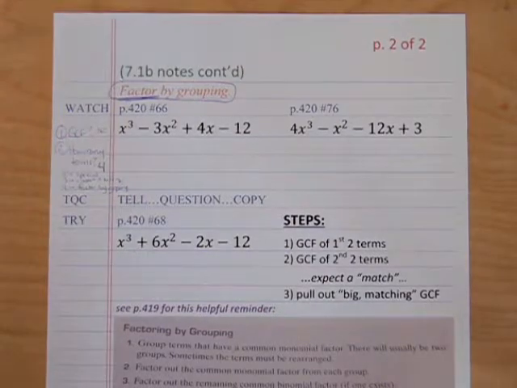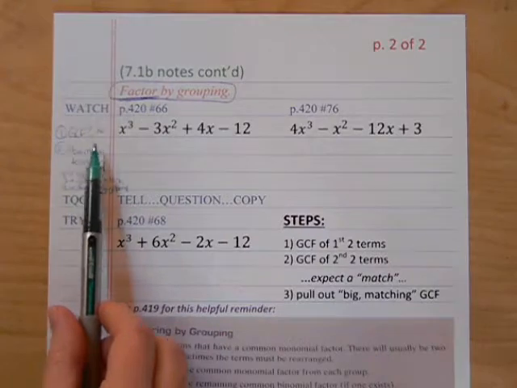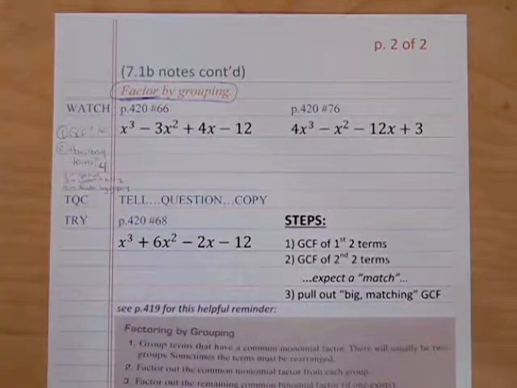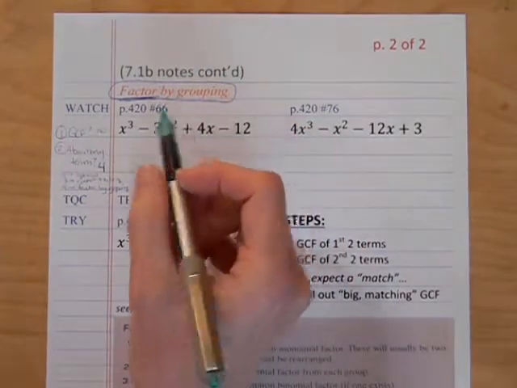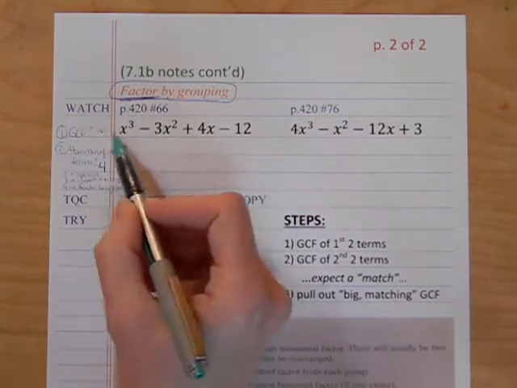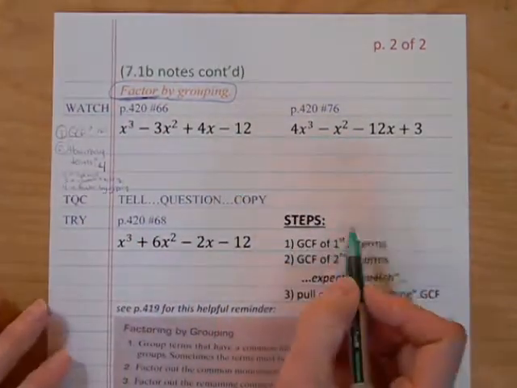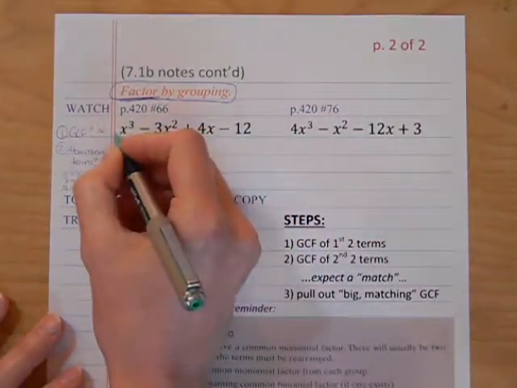What was interesting is as we grew through our high school years, and it especially became apparent at some of the high school reunions afterwards, is that what we thought was a separation, once you got to know people a little bit more beyond their label, you really had things in common with everybody. So little life stuff happening here in this factoring by grouping. It looks like on the surface there's no GCF. There's nothing that all 4 of these have in common. However, if we pause and look at the first 2 terms,